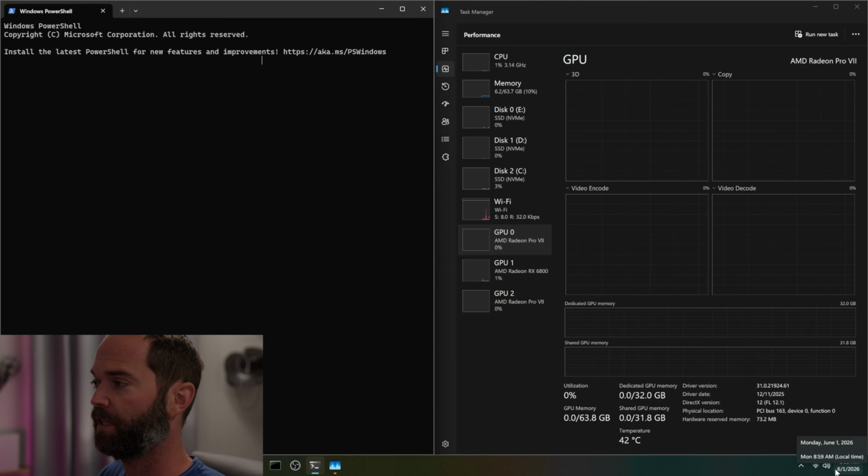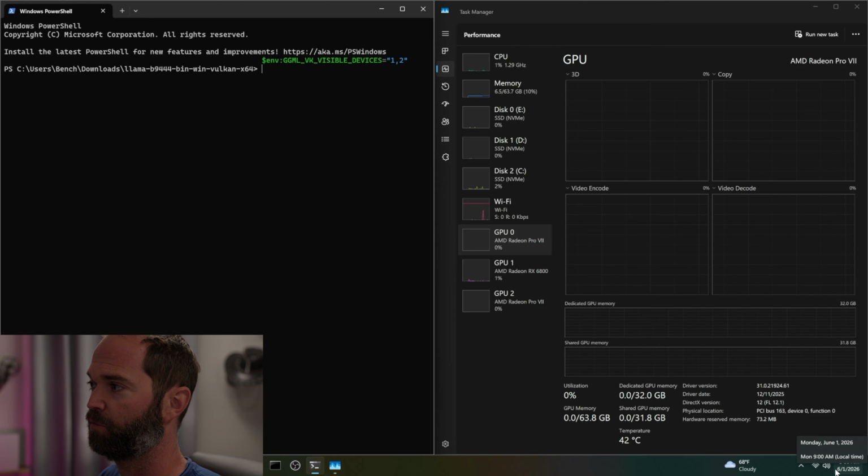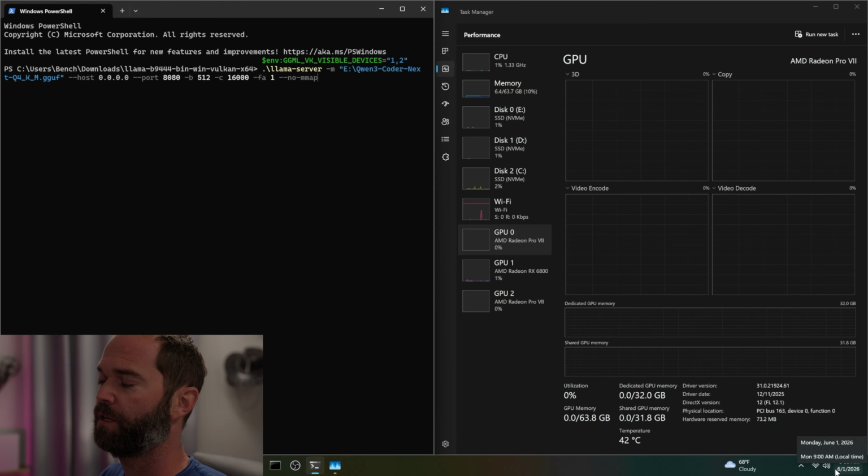All right, so I've got the pre-built Vulkan latest Llama.cpp downloaded. What I want to do first is pass a command to only utilize the two Mi50s. Vulkan Visible Device 0 is the RX 6800. We're going to leave that out of the equation for this example. So I've got that, and we're going to load Qwen 3 Coder Next, which is about a 46-7